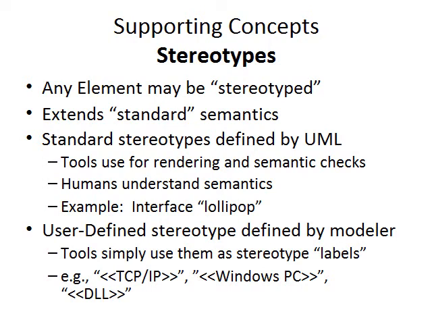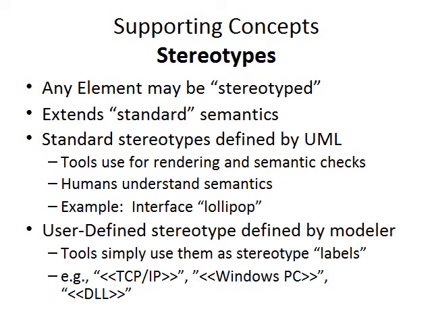Right, so stereotypes can be used by tools, as I said, for rendering, but also for semantic checking. If a tool understands a particular stereotype, whether it's standard or user-defined, it could leverage that piece of data about the element to execute semantic rules about how elements play together or what that element is supposed to be responsible for, and so on. So some good examples of user-defined stereotypes might be